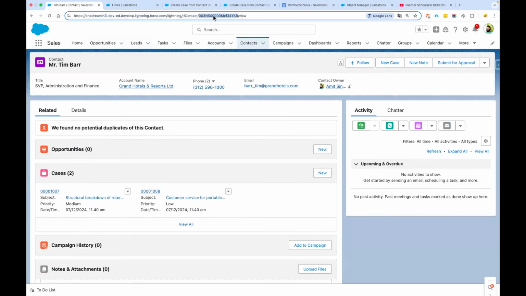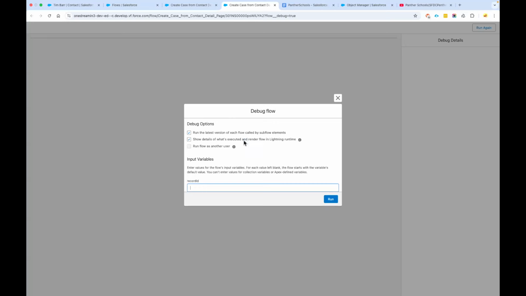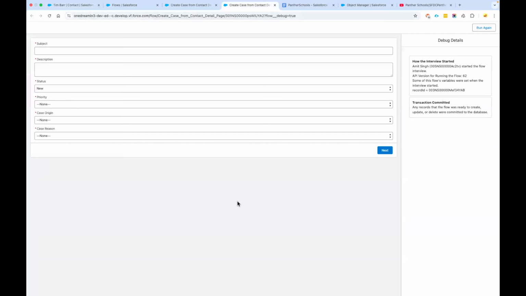I'm giving the contact ID of Tim Bar. You can give the contact ID of any other person, any other contact. Just give the ID of the contact, that's it. And after giving it, click on run. Now it is asking for the subject. I would say